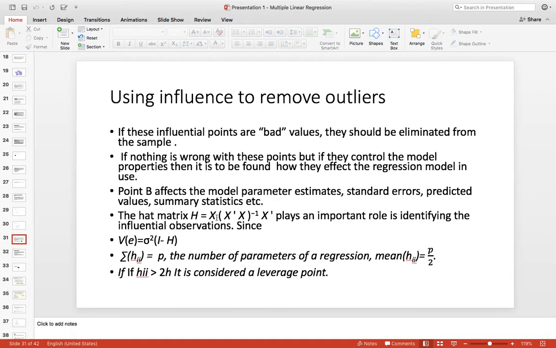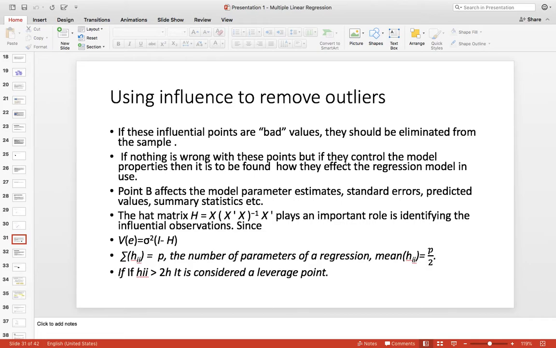And here you pre-multiply it with X. So to get the hat matrix, you pre-multiply the (X transpose X) inverse matrix with X and post-multiply it with X transpose. It has a very important role in identifying the influential observations.